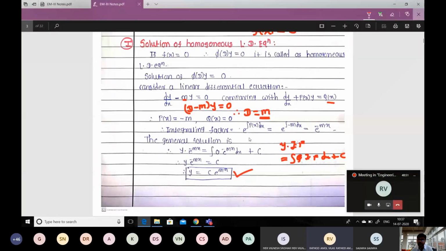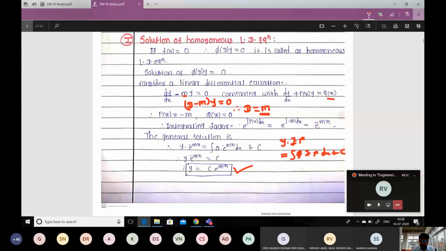Yes, correct. There is a relation between the order of the differential equation and the number of roots. For example, if you deal with a third order differential equation, then it must have 3 roots. The total number of roots must be 3. They can be equal, they can be real and distinct, or they can be complex numbers. So that's why we need to make separate cases depending upon the nature of the roots. Any other doubt?